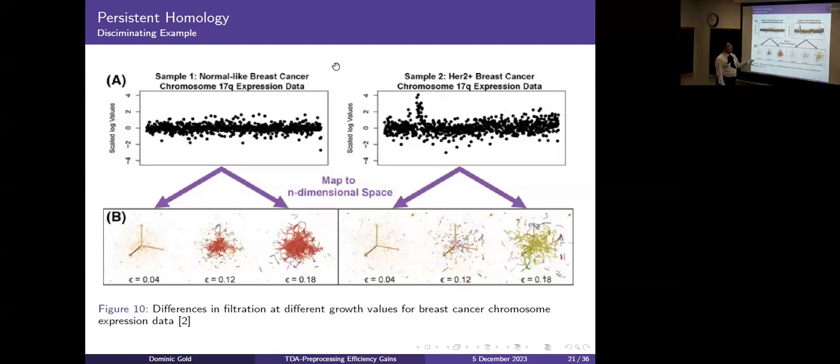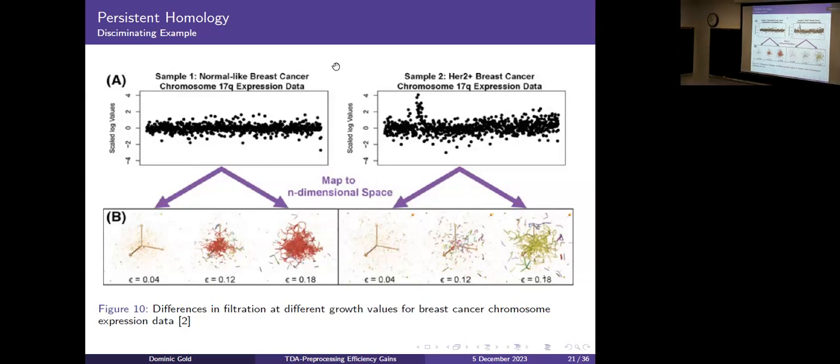And as you can see, there are quite literally even more shape differences that are apparent when it's visualized this way. And it makes sense if you look at this point cloud, this is really condensed around zero, very tight. So there are these nice tight neighborhoods here as things grow along. But here it's more dispersed, and there's even a spike around this area, and that is reflected in the chaotic nature of the filtration at this growth parameter. So this has been used in real world examples.